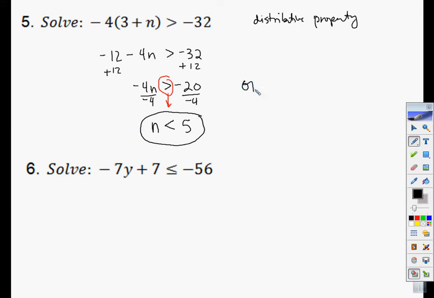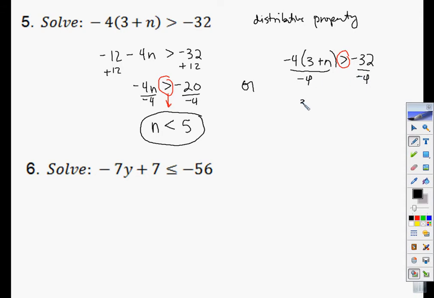Now the other way we want to do it, if we saw that I could divide both sides by -4 first, that might be another way of solving it, and it is. But whenever I divide by a negative number, remember, we're going to have to change the direction of that inequality sign. So I could go ahead and divide through by -4,